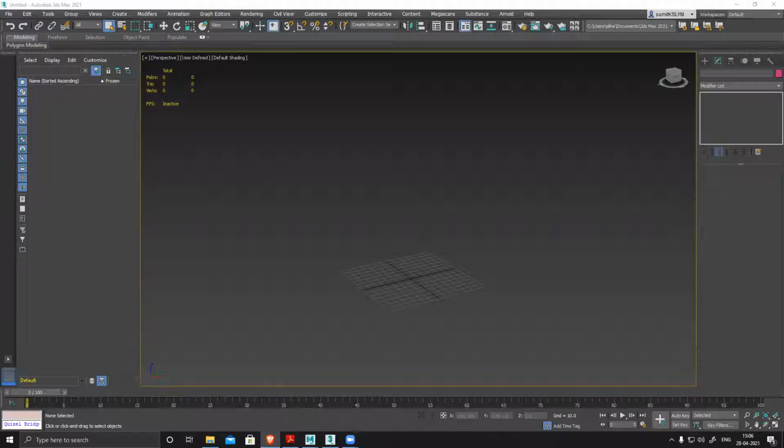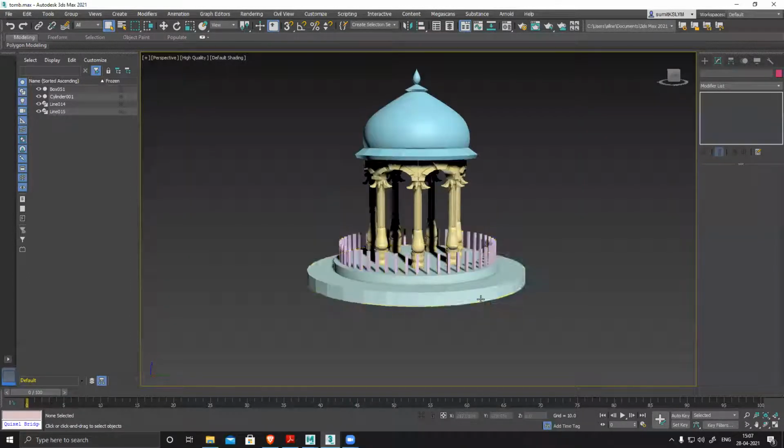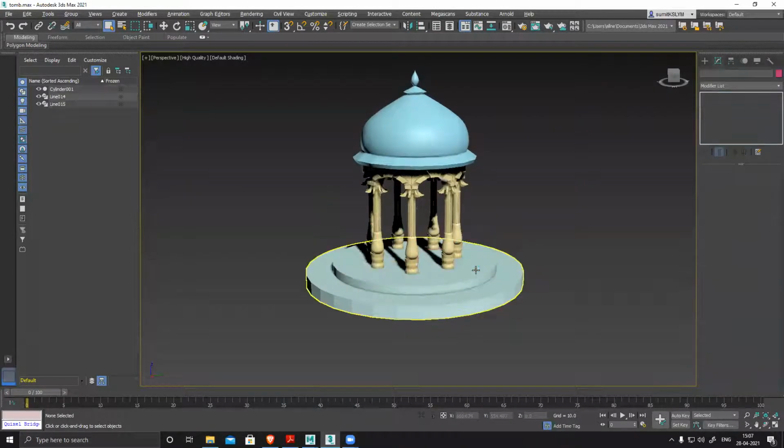So what I'm planning, okay, let's create something like this. I'll show you. It's pretty simple, not very complex.